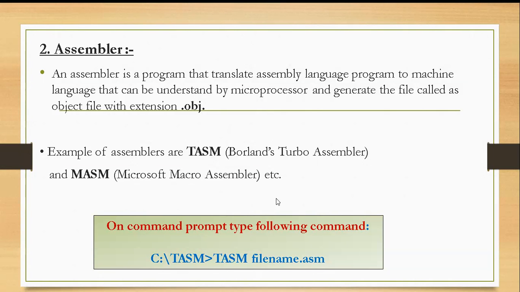Second is the assembler. This tool is a program that translates your assembly language program, which is typed in the editor, into machine language that is easily understood by the microprocessor and generates a file having extension .obj. Different types of assemblers that are utilized are TASM, which is Borland's Turbo Assembler, and MASM, that is Microsoft Macro Assembler. We can type on the command prompt tasm